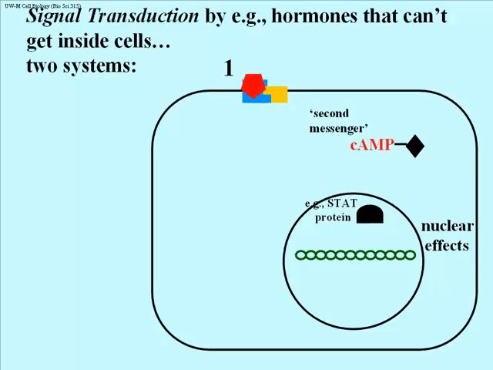So we've just seen signal transduction. The hormone, the red pentagonal shape, is still on the outside of the cell. It's bound to a receptor on the surface of the cell. But its signal, its information, has been transduced to cyclic AMP, a second messenger, which then bound to another molecule, in this case another protein, characterized here by the black diamond. That protein is a protein kinase, which means it's going to catalyze the phosphorylation of some other protein. Let's take a look again. Here we have cyclic AMP bound to this protein kinase. ATP is the source of the phosphate to phosphorylate another protein.